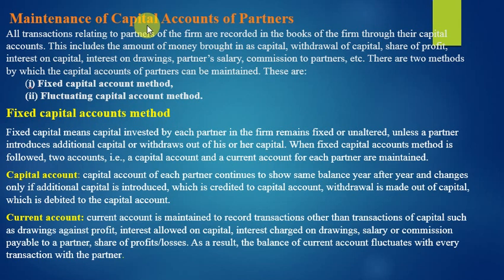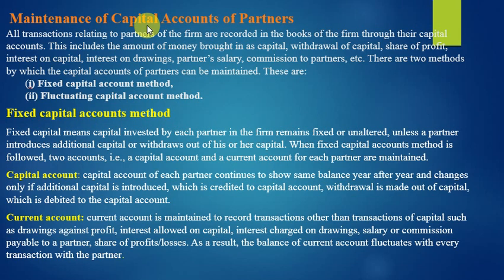Now there it was a sole proprietor, so only one treatment was done on the liability side of the balance sheet in the heading capital. But now, since we are in a partnership firm, there will be at least two or more than two partners in a question, as you have seen in the previous two questions. So you cannot take the net divisible profit directly to the balance sheet.